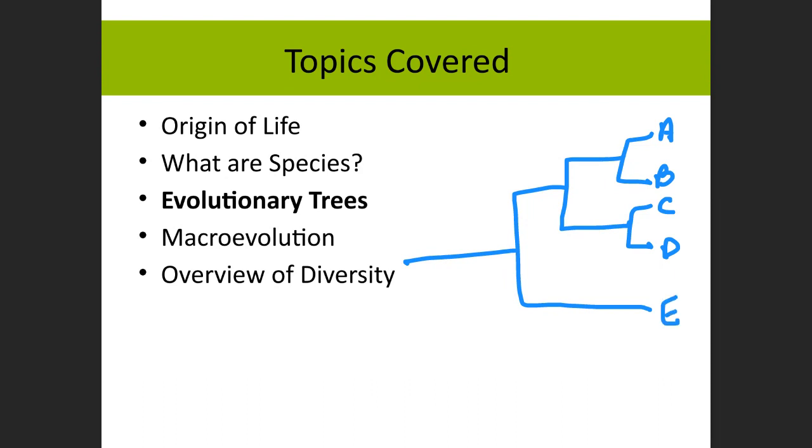And when we're looking at this, because A and B are sharing this little small bracket, they're more closely related to each other than they are to C and D, which are sharing a bracket, right? And A, B, C, and D are more closely related to each other because they share this bracket that I'm outlining thicker here now. So A, B, C, and D are more closely related to one another than they are to E, which is way out here, right? So this shows us a timeline and an evolutionary history and relationships among species.